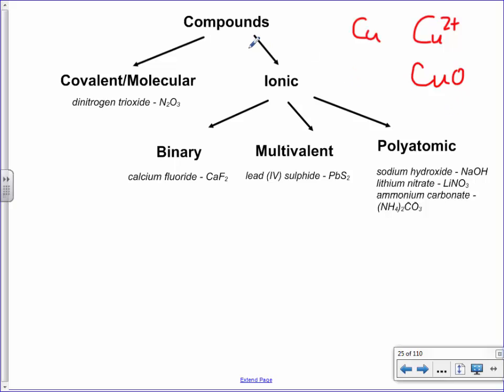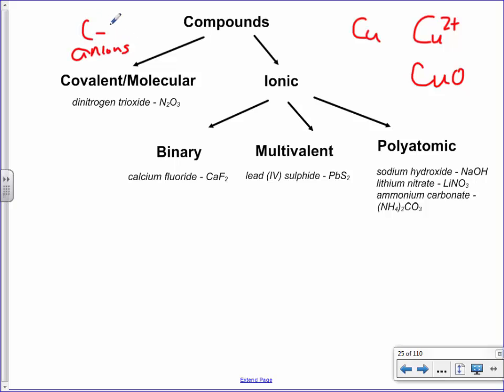So first thing you got to do is figure out, is it covalent or molecular? Those words are used interchangeably. Or is it ionic? You guys know the difference between the two? What makes something ionic? Perfect, that'll work. Actually, I'm going to do this a lot in chemistry. We often tell you partial truths when you're first learning things. That's actually not the official definition of ionic. We'll get to that later in the course. But for what you need right now, if it's a metal and a non-metal on opposite sides of the table, that'll work. Whereas covalent stuff,